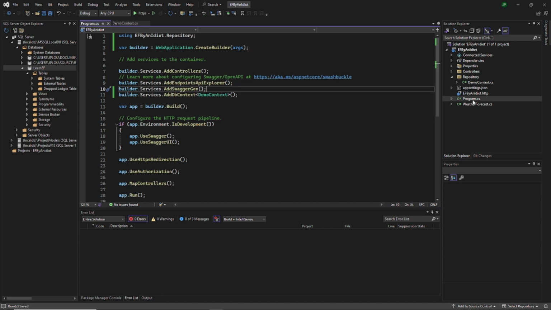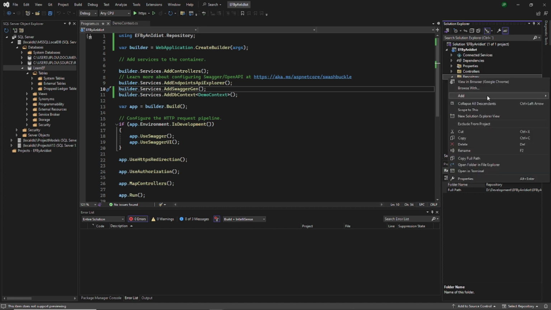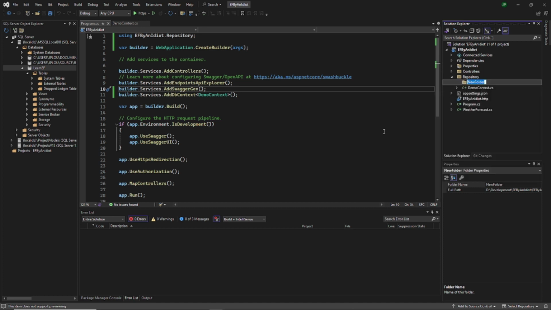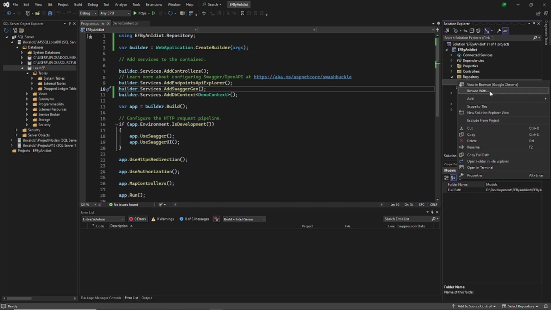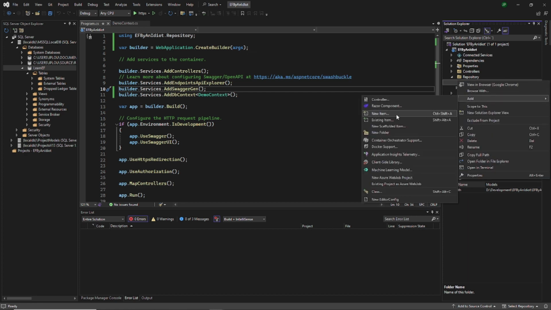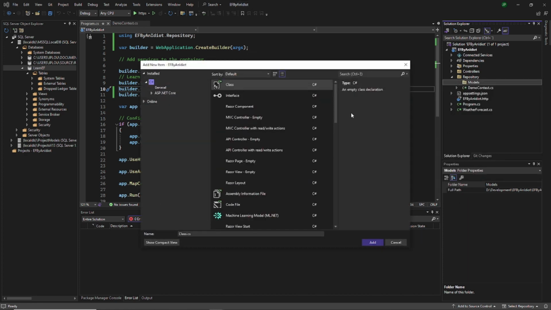So I'm going to set up the first model, and we're going to do a migration. We're going to add a migration, and we're going to update the database. But we're basically done with the setup now. Now we have Entity Framework, so that's really nice and simple. So a new folder, we will call it Models, because it will contain more than one. And we're going to do a new item, a class, and let's call it